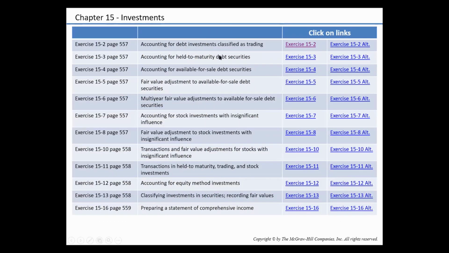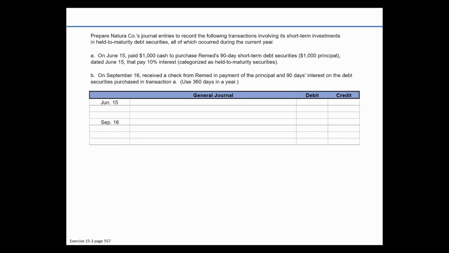Accounting for held to maturity debt instruments. We will prepare Natura Company's journal entries to record the following transactions involving its short-term investments in held to maturity debt securities, all of which occurred during the current year. So the first is on June the 15th, we paid $1,000 cash to purchase Remed's 90-day short-term debt securities, which is $1,000 in principal, dated June the 15th, and that pays 10% interest, and these are categorized as a held to